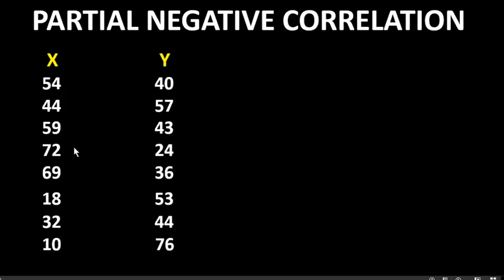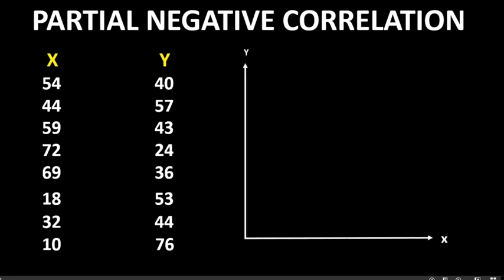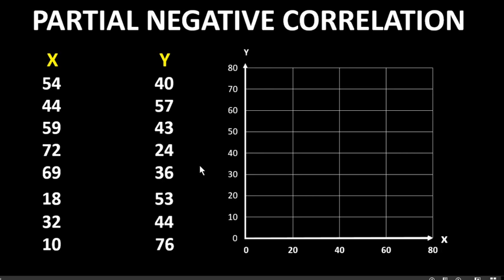For that, x and y, two correlated variables with the values of both in pairs, are taken here. On the basis of these values, now we'll draw the scatter diagram. For that, x and y axes perpendicular to each other are taken, the x-axis and y-axis, and on both the axes the scales will be taken as shown on the screen. Now on the basis of all these values, the points are to be drawn on the graph, and by doing so, the points will be found in this way as shown on the screen.